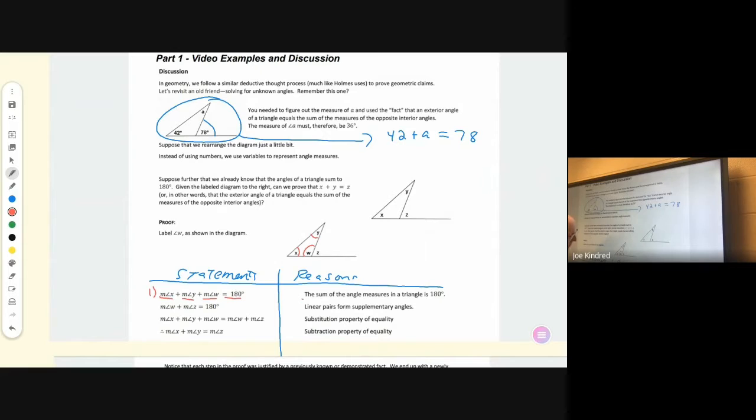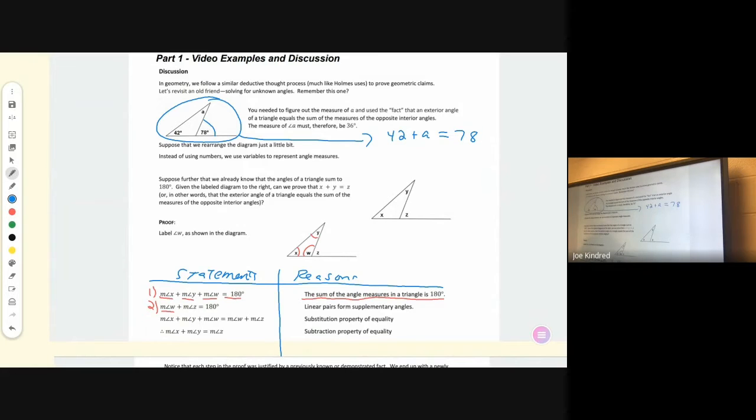We know that that's true because the sum of the angles in a triangle is 180. So we can make that statement, and for the reason that's stated. Again, this is a two-column approach to proving that angle Z is equal to the sum of angle X and Y. In statement number 2,